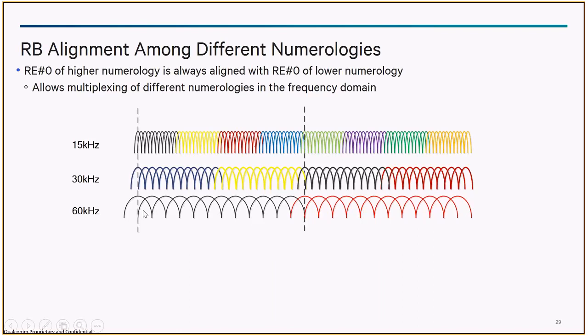The only thing that NR mandates is that RB0 of the gNodeB for 15 kilohertz, 30 kilohertz, and 60 kilohertz start at the same frequency or same instance of time. Beyond that, if in 15 kilohertz you get 100 RBs, your 100 RBs would potentially get finished somewhere in this red segment, while for the 60 kilohertz, the 100 RBs would come somewhere later in time. So this is one of the key challenges of NR.